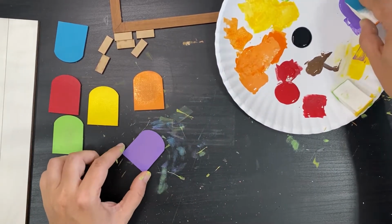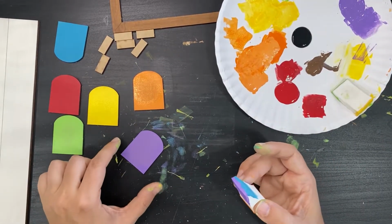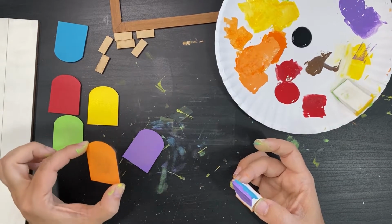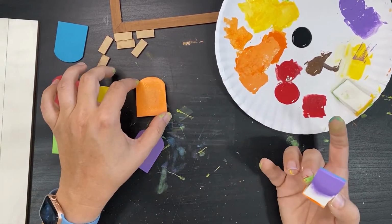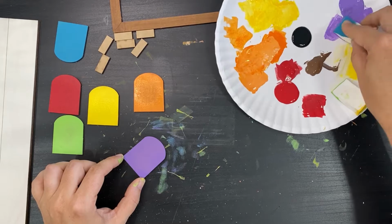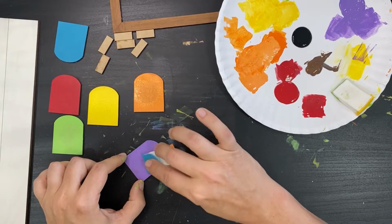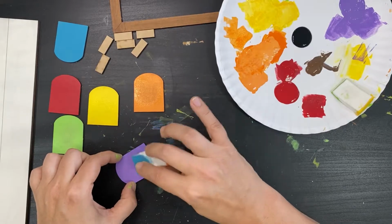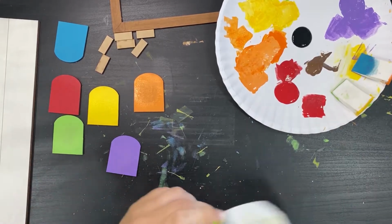Put a little more purple on here. So, I'm gonna tell you something. This is taking forever to dry and it's all goopy because I had too much paint on my sponge. And then I kept putting more on and more on and more on. That's why you kind of blot some of it off, so it's not so goopy and you get a more even coat. So this is my fault. So anyway, okay, I think I'm gonna move on to